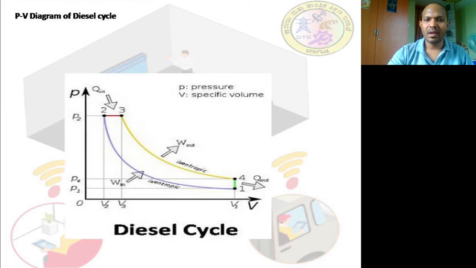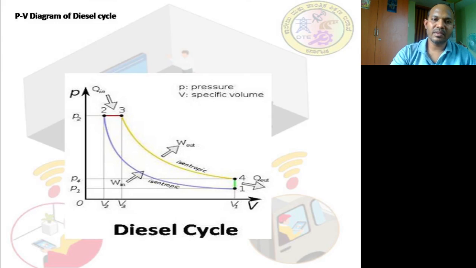Is it okay? Now, once again, it comes with the expansion stroke. In this expansion stroke, what happens? It once again expels the work output and gives out the heat to the surroundings. This is how a diesel cycle works. So that is the working principle of the diesel cycle as well as the Otto cycle. That can be explained beautifully with the PV diagrams.